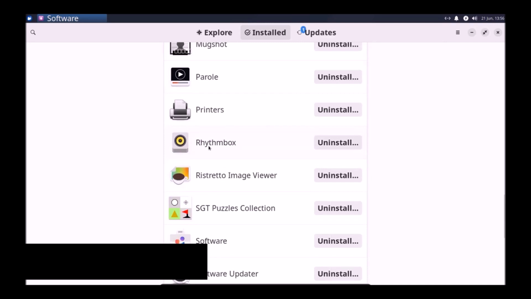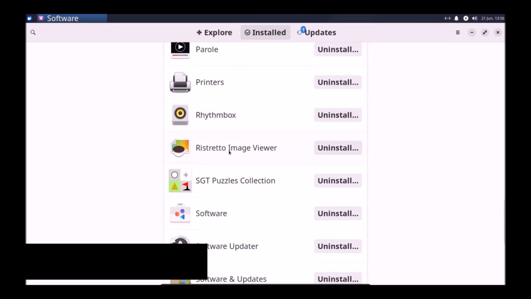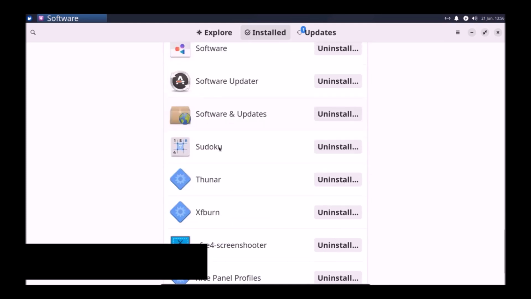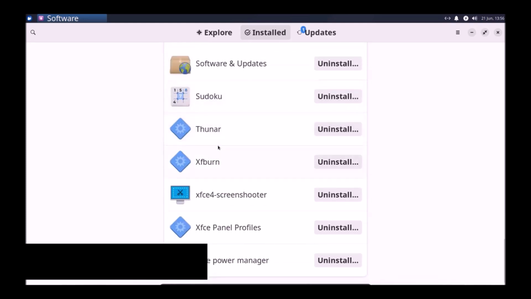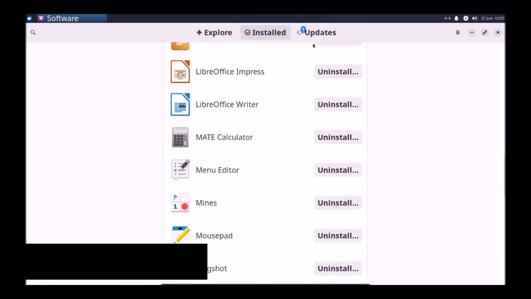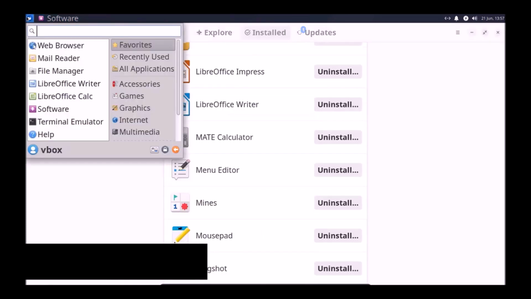There's the music program, same one as Cal showed us earlier with Rhythmbox. Their image viewer is one that they've kind of put together. Ristretto, I can't say it. There's the Thunar. And these are some, like I said, here are the different packages. Everything's an XFCE 4, and so you can explore that. So software on that, if we take a quick look,